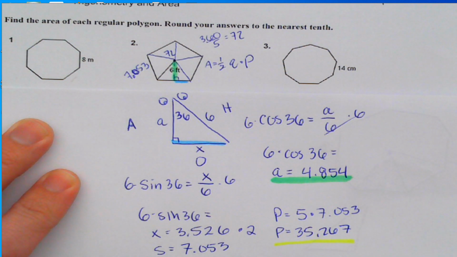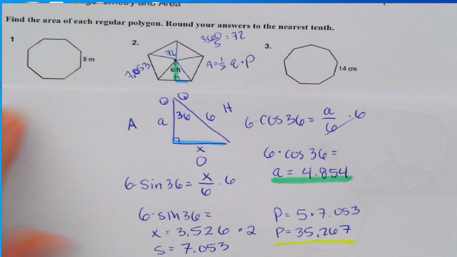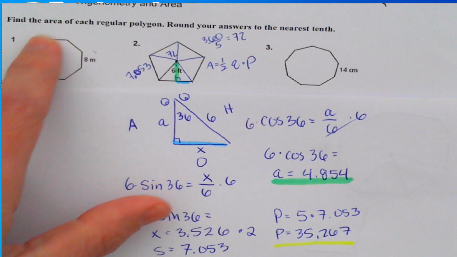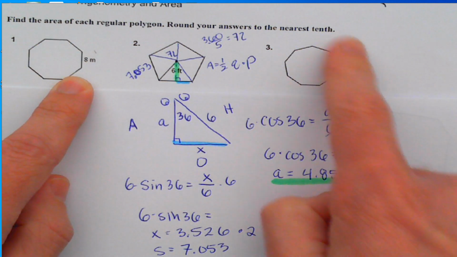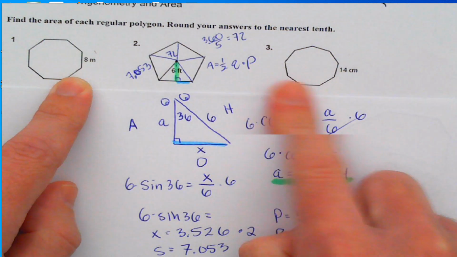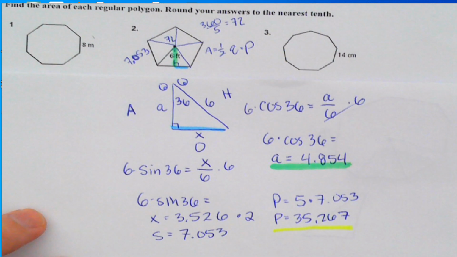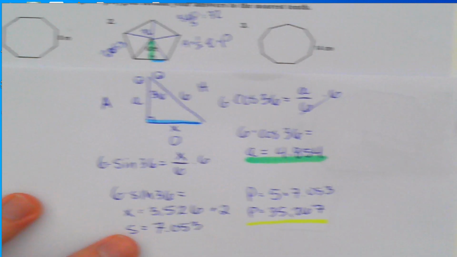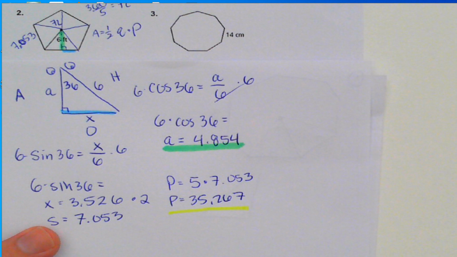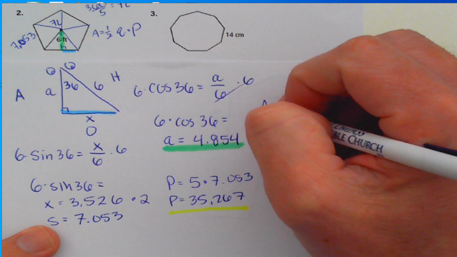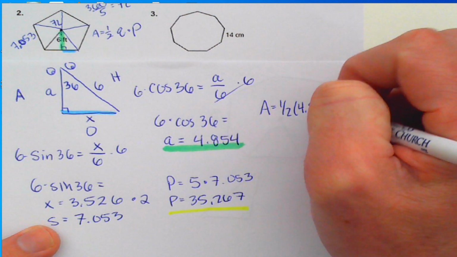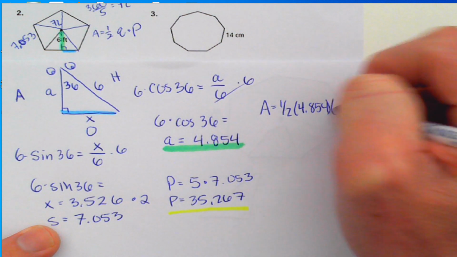So this is by far the hardest one. If you look at number 1, you can actually find the perimeter very quickly by just multiplying 8 times the number of sides. Number 14, 14 times the number of sides. Very simple. This one, when we give the radius, we have to find the apothem and we have to find the perimeter. So now that we found both, we can actually finally plug it into our formula. 1/2 apothem, which is 4.854, times the perimeter, which is